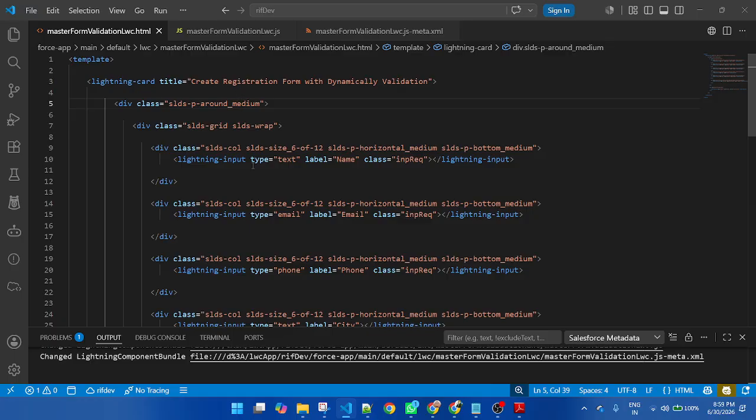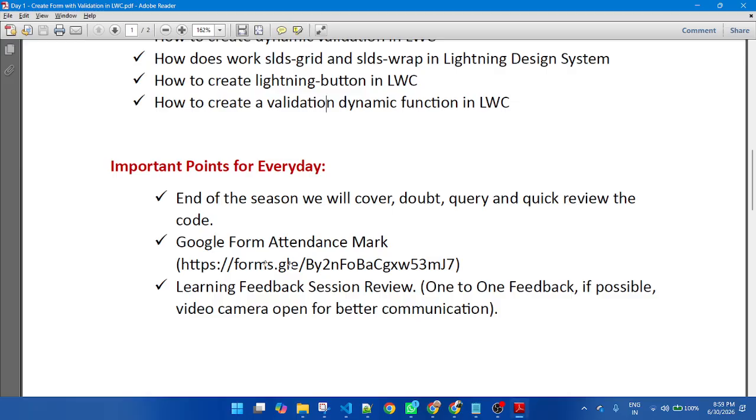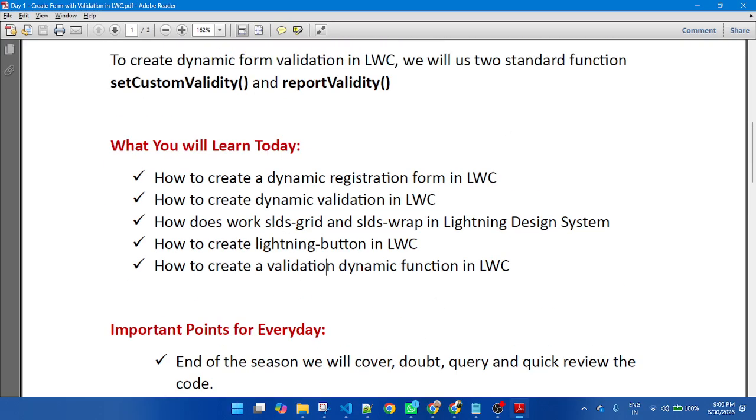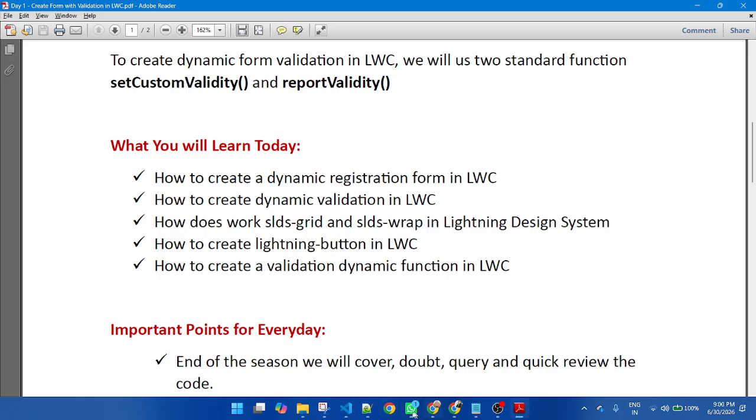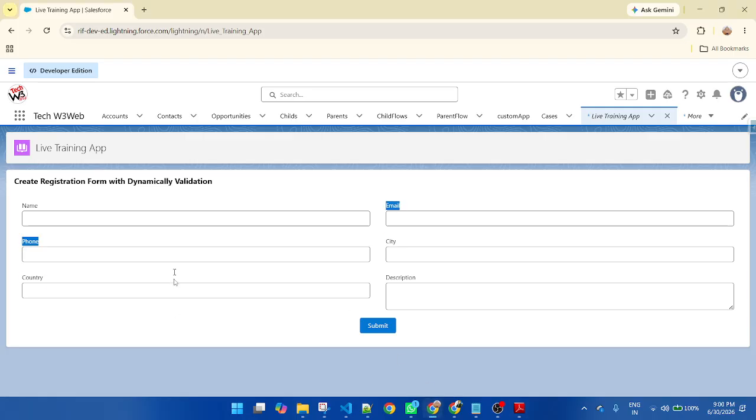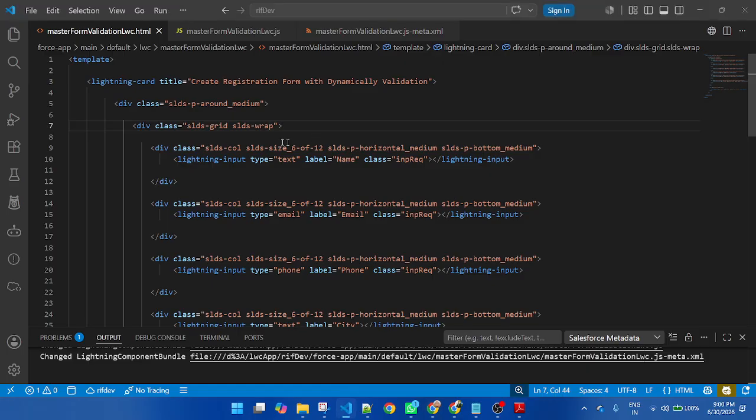This is SLDS grid and SLDS drive. What is the work? If you are creating a form, there are two types of column, left column and right column. So before creating a column, you need to define grid and drive.